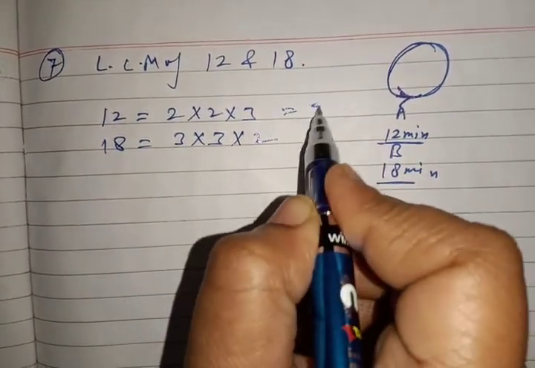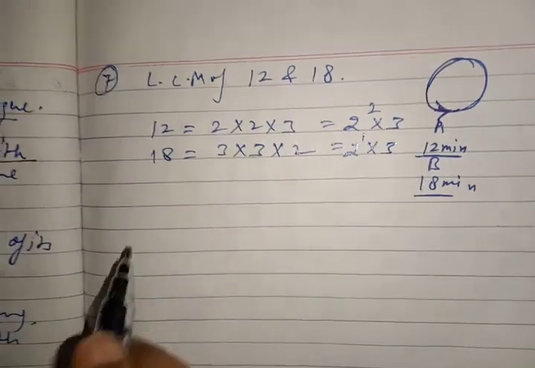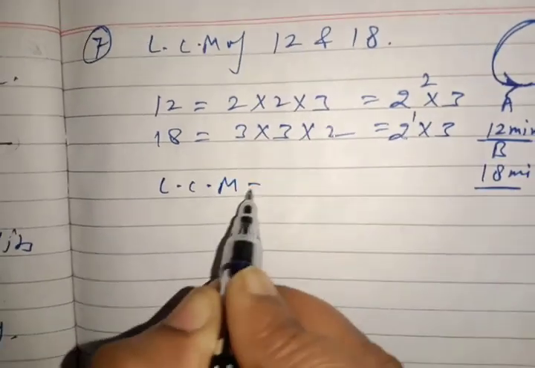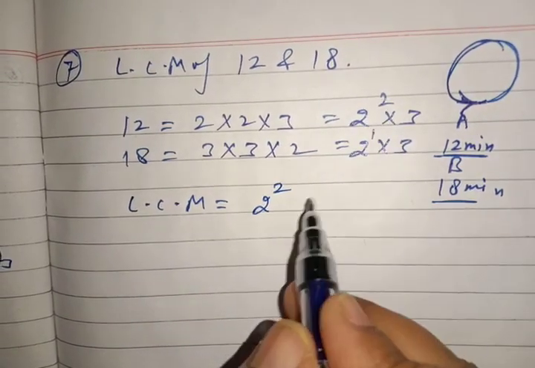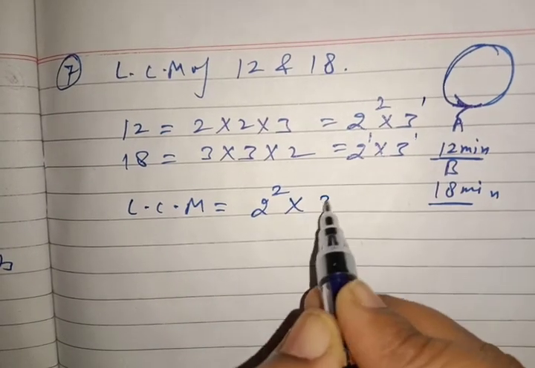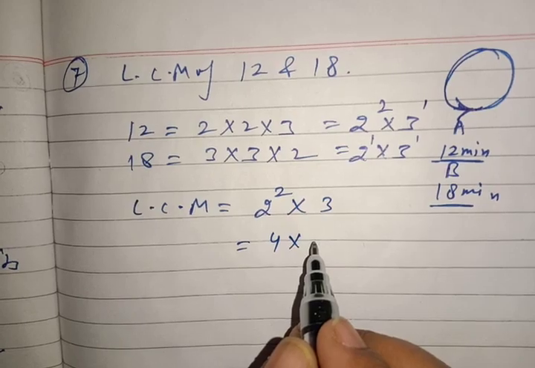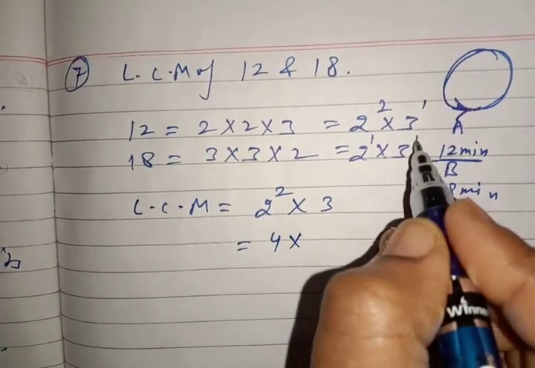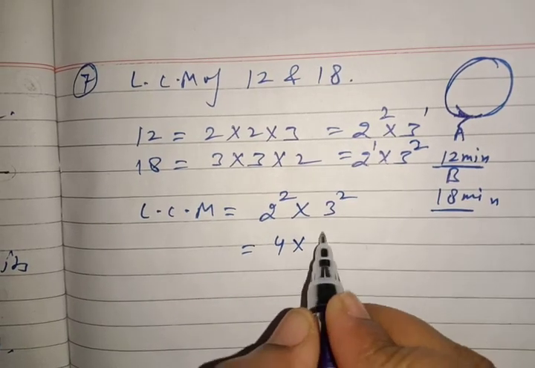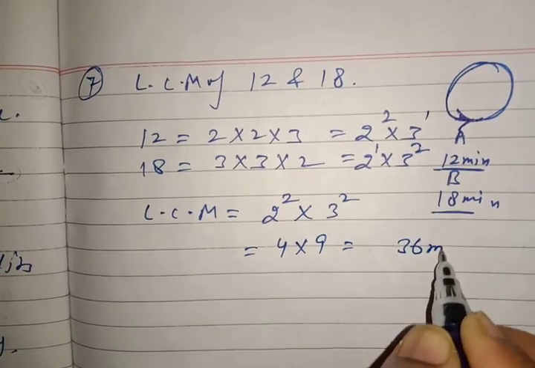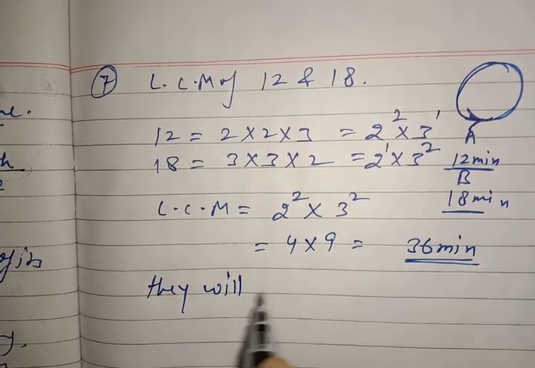So it is 2 raised to power 2 into 3, and it is 2 raised to power 1 into 3 raised to power 2, and LCM is the highest powers of the factors. The highest powers are 2 raised to power 2 and 3 raised to power 2. So after 36 minutes they will meet again. You will write at the end that they will meet again